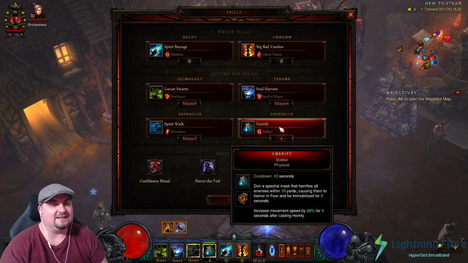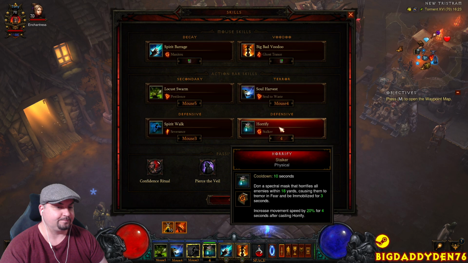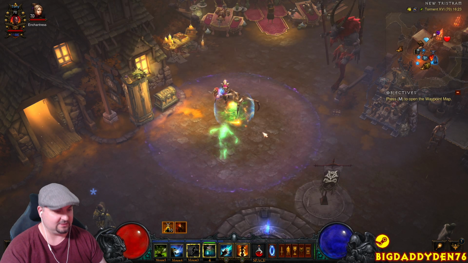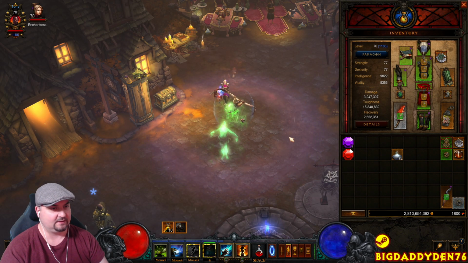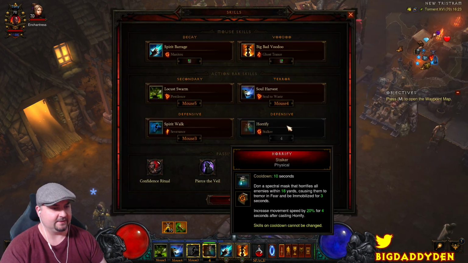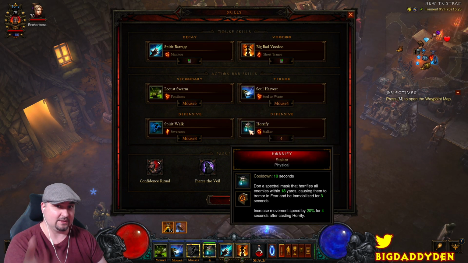Brilliant. Horrify Stalker, guys. Okay, so you get an extra 20% movement speed here, and it also procs the seasonal bonus as well. This particular one here. You see there, we've got this lovely aura that gives you that massive damage bonus. And also, when you come out of your Spirit Walk, if you've got this Numlock, which basically auto casts it,